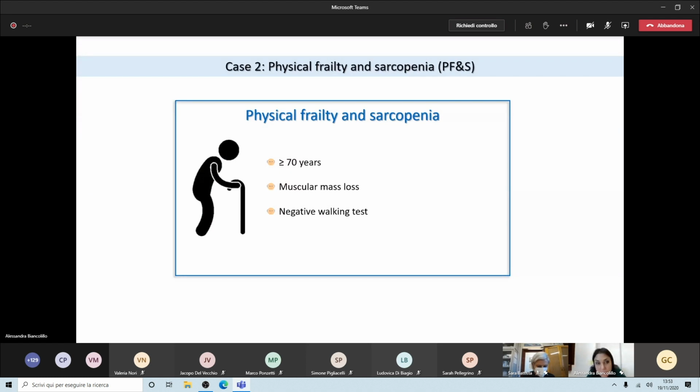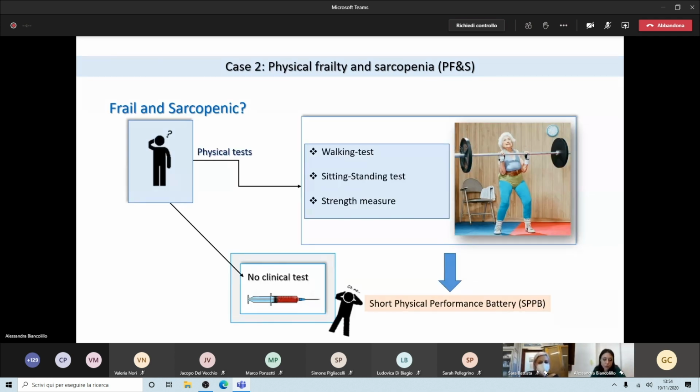So in this second study, we have investigated a physical medical condition called physical frailty and sarcopenia. This is a geriatric condition which can affect people older than 70 years. This person observes a muscular mass loss and they have problems walking without devices. So when a person goes to the doctor complaining about these symptoms, what the doctors do is usually ask this